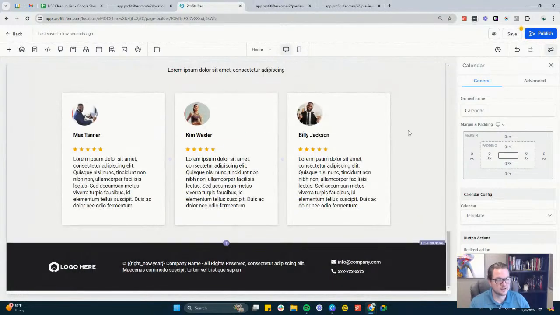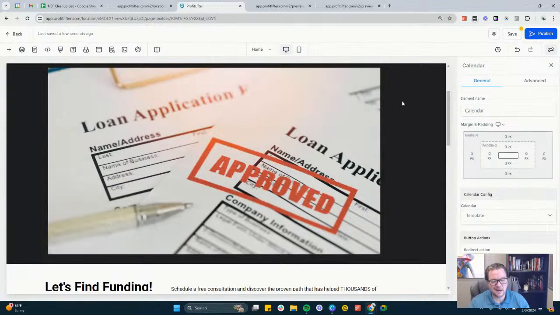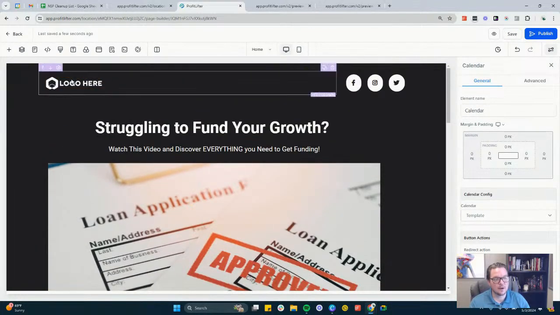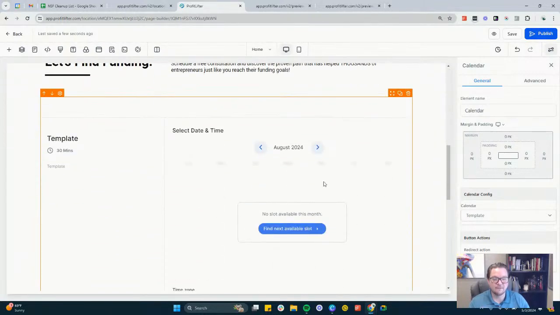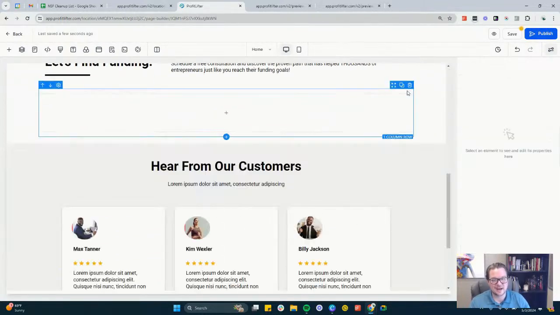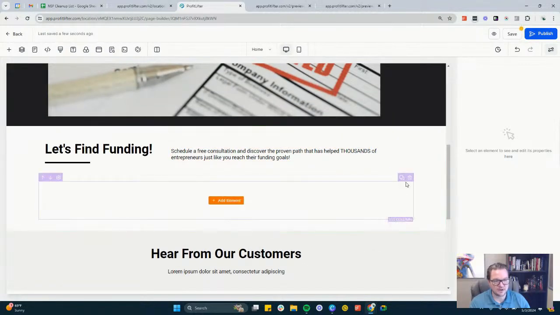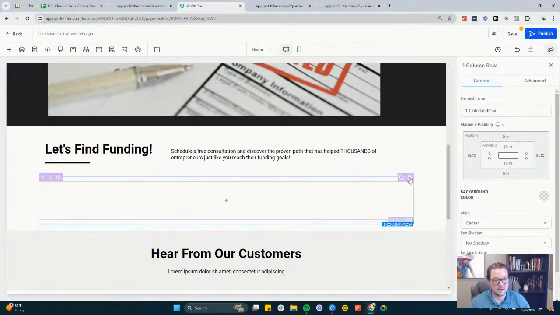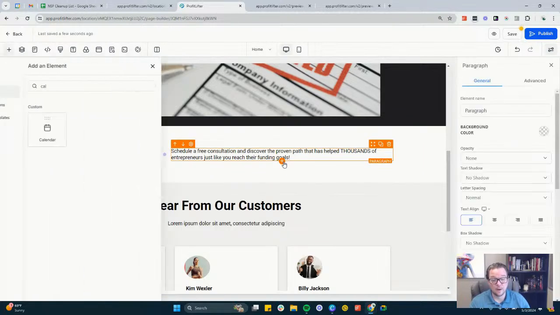Now, this page is done-ish, close enough. So I'm going to save this one. Now, one of the other things that you can do is, if you look at this, you're like, this template's kind of bulky. And I agree. Now that I'm scrolling through the page, I'm watching this, and I'm like, that does look a little intrusive. I'm going to show you how you can create a pop-up that will